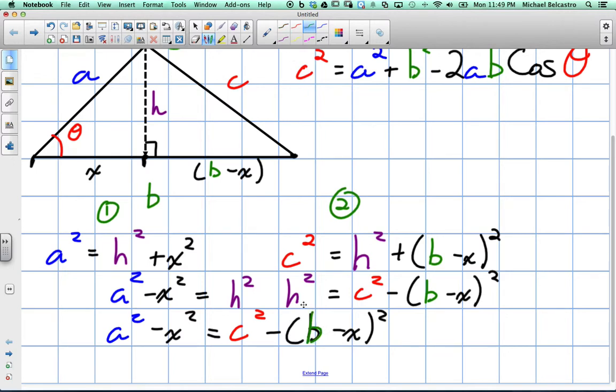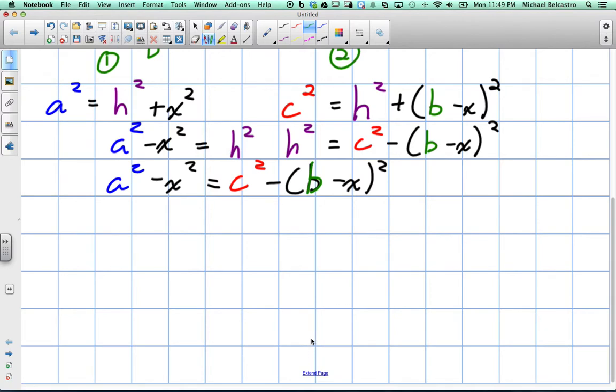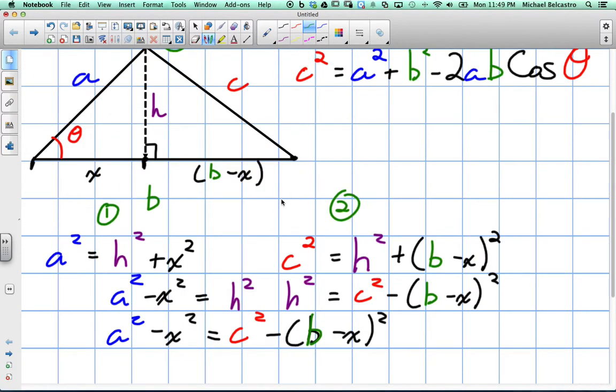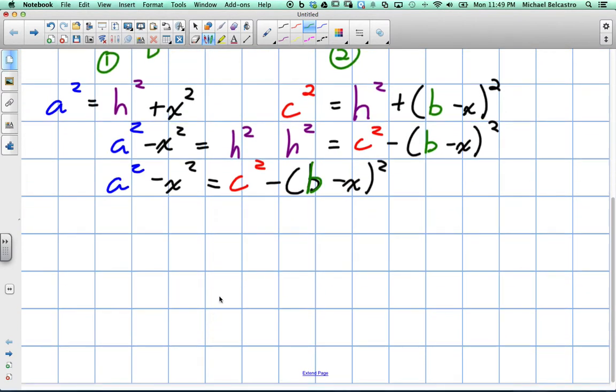Great. So now that we have that, and remember our cosine law, we're setting everything equal to c squared. So I'm going to move our c squared to the left side of the equation and everything else to the right. Actually, let's vice versa that. Let's move all of this to the other side. So c squared is on the right side of the equation by itself. So c squared is equal to the a squared stays